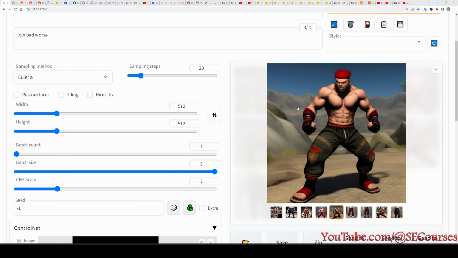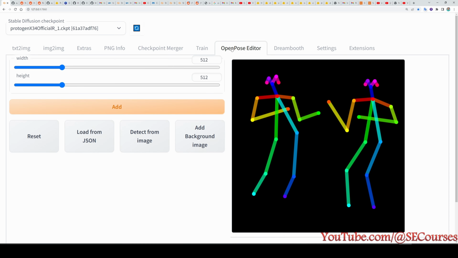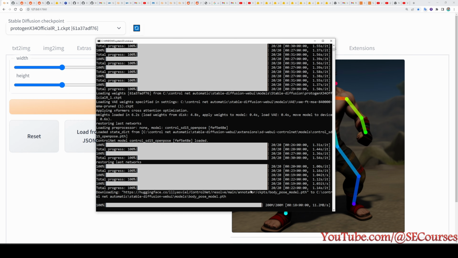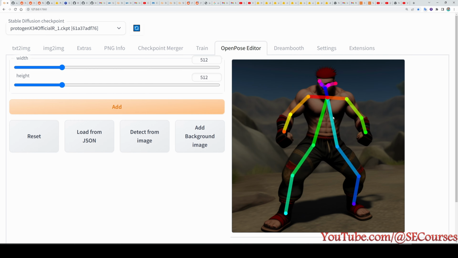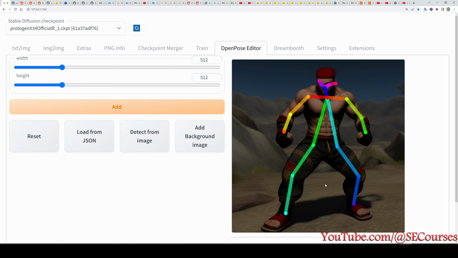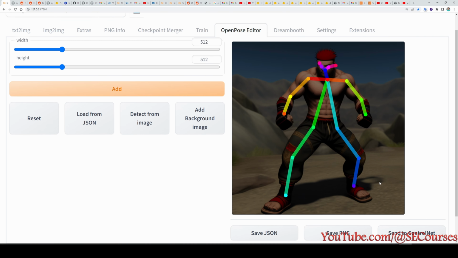This extension can also detect poses from input images, so let's try with this input image. Open pose editor and in here click detect from image. After you select your image, it will download the necessary file for the first time and then it will detect the open pose like this, as you can see. So we are also able to see the matching points as I have just described. Now you can edit this pose as you want, or you can generate new images based on this pose. It is the same procedure. Send it to the ControlNet and just generate.